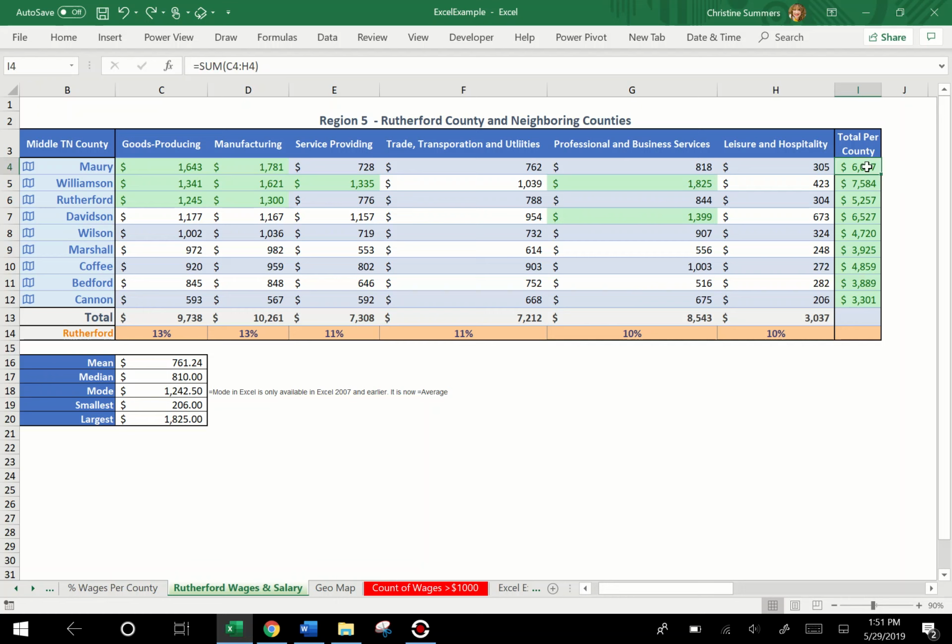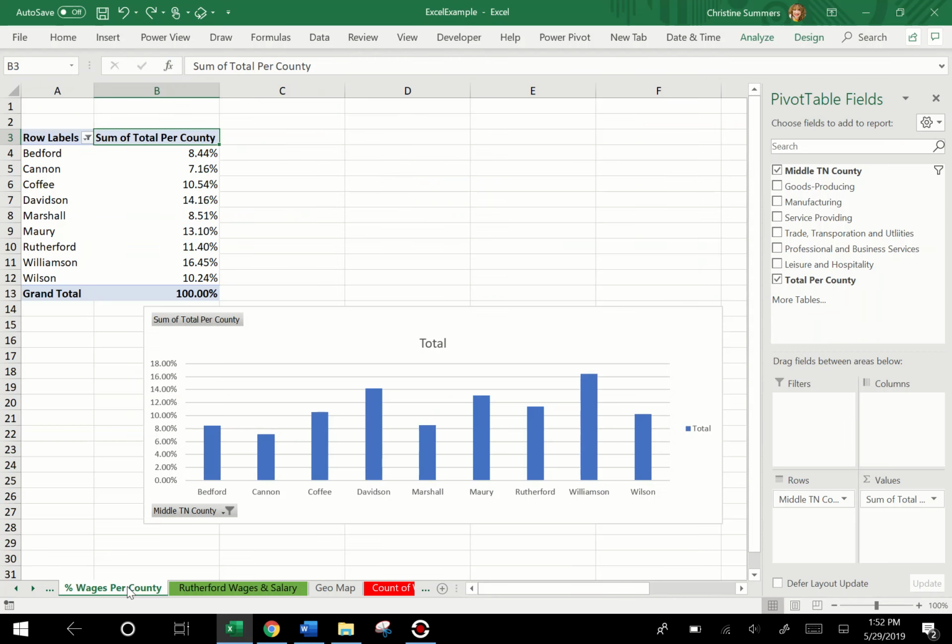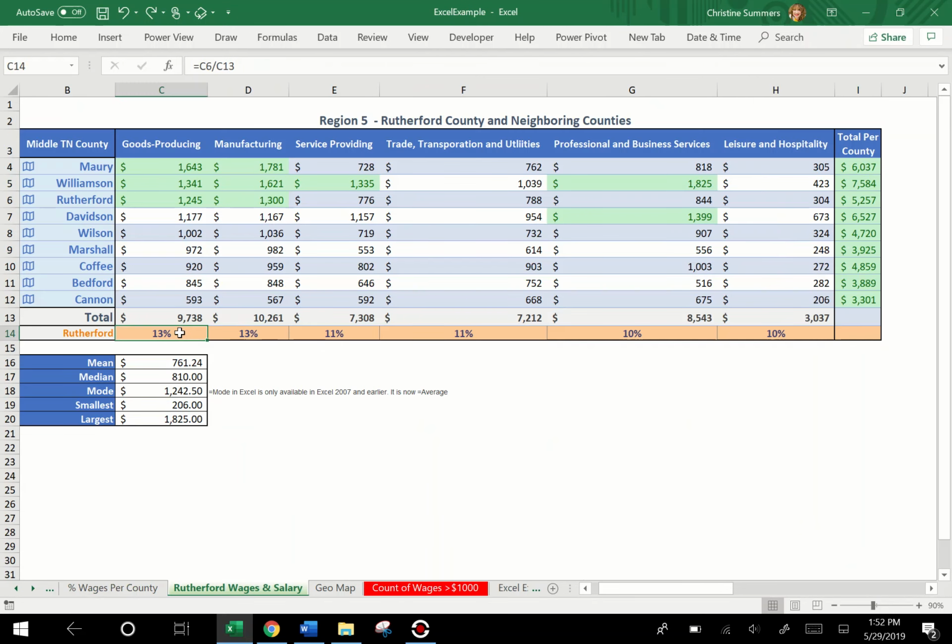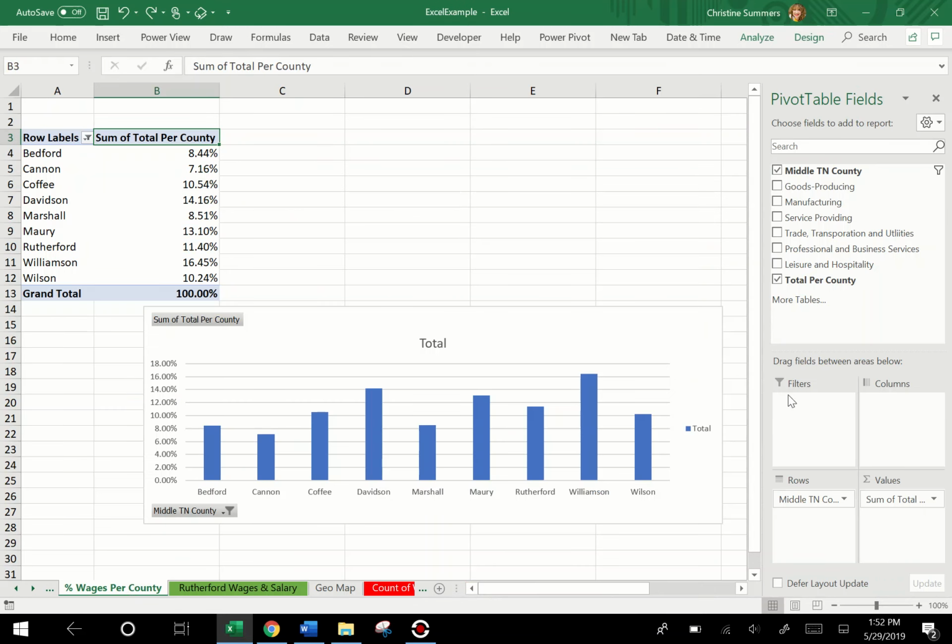So this, you'll notice, is just a sum. If you look up in the formula bar there, just a sum, because I want to create my percentages differently over here rather than using the percentage equation that we did on the Rutherford page right here. This is from our equation. I'm going to use a tool called value field settings. So I'll go to the bottom here and it says sum of total, and to create my percentages I clicked on value field settings,